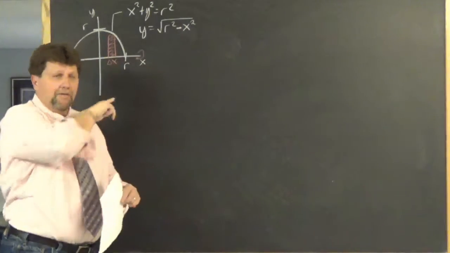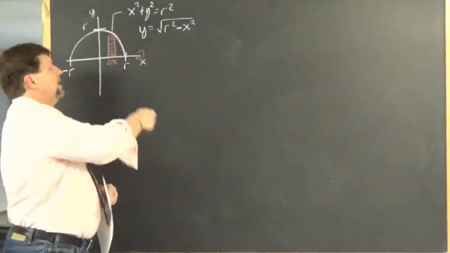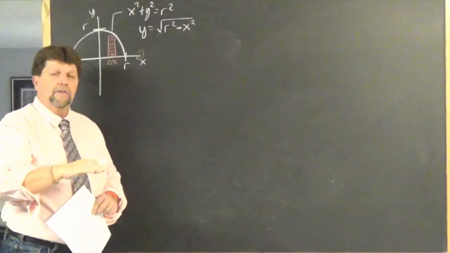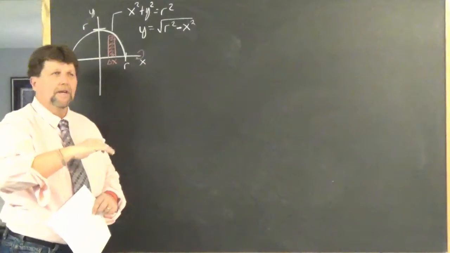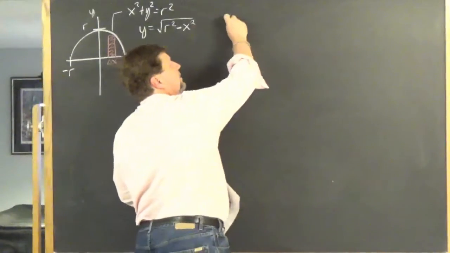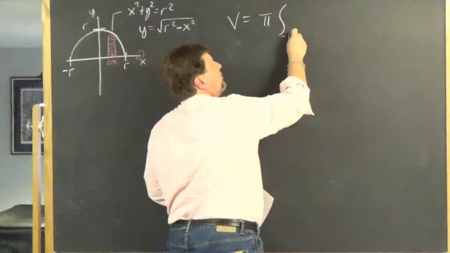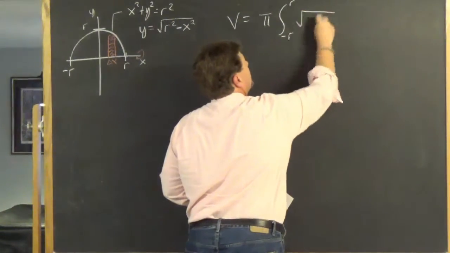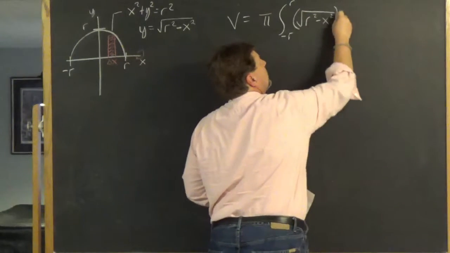So here we go. I'm going to move over here to find the volume. It's just the standard disk method. The representative rectangle is perpendicular to the axis of revolution, and it's resting on or touching the axis of revolution. So disk method, volume equals pi, the integral from negative r to r, of the square root of r squared minus x squared,